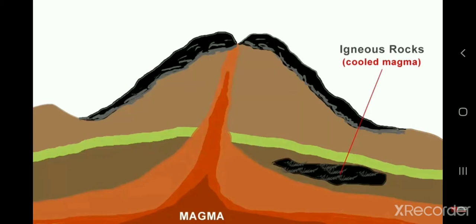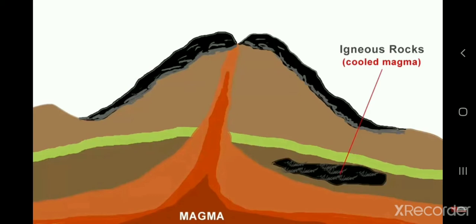When it gets cooled down, it converts into solid form, and then it gives rise to a rock. This kind of rock is what we call igneous rock, and it is also called cooled magma. This is the first rock which has been made from the magma, so we call it primary rock. It is made first, so it is called primary rock also.